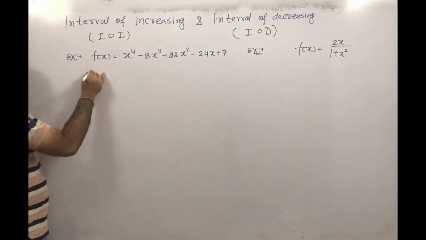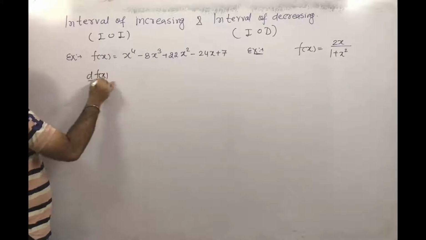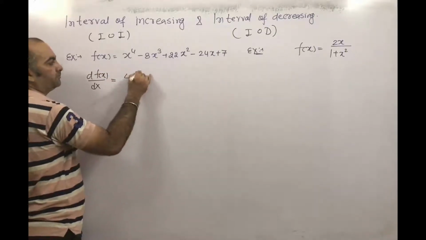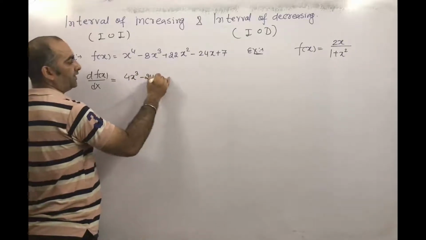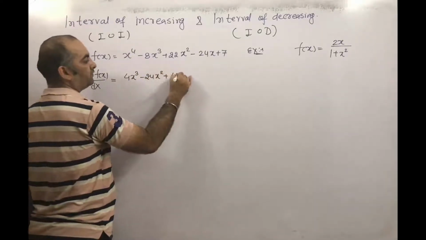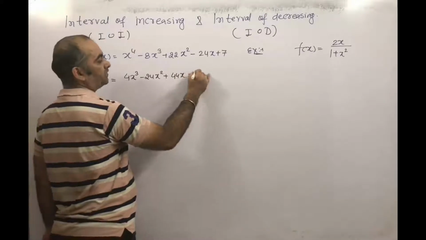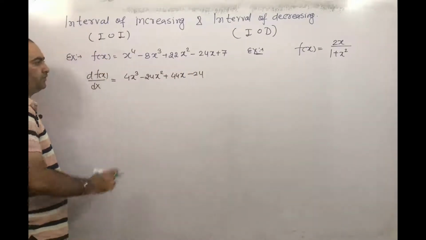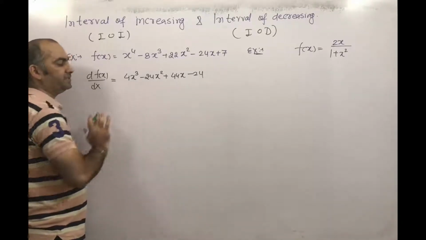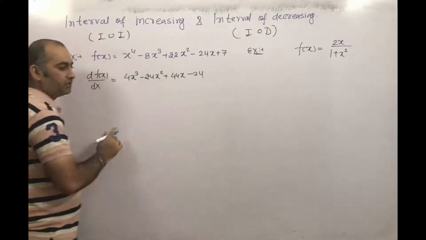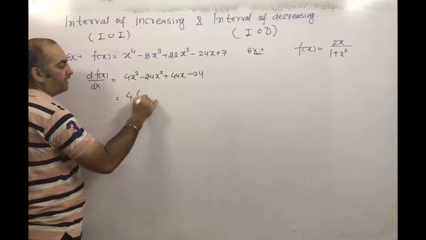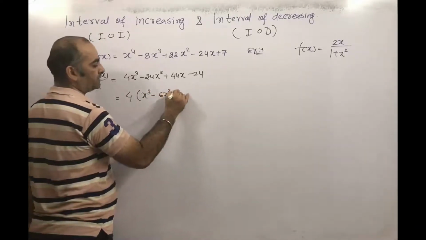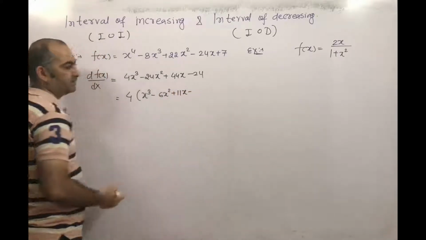What do we get? d of f(x) divided by dx will come 4x cube minus 24x square plus 44x minus 24. Okay, so we have to find out where it is positive and where it is negative. So what we'll do here, 4 is common: x cube minus 6x square plus 11x minus